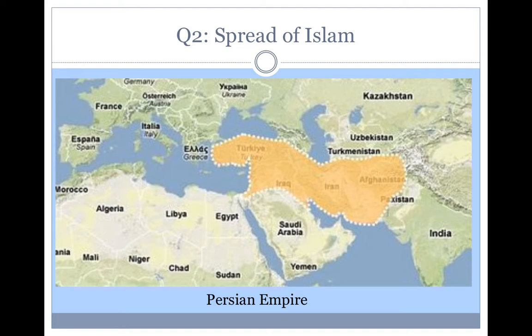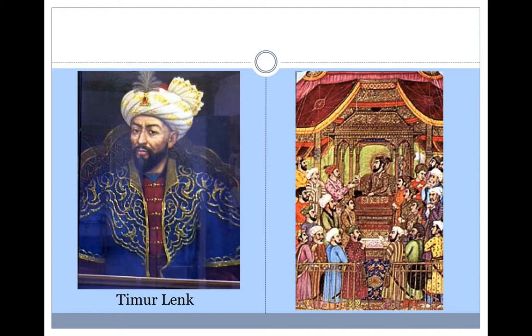And that would include, if you want to note this in parentheses, the current day territories of Afghanistan and Pakistan. You can see that on the map up there. Afghanistan and Pakistan are on the edge there, and India is a little further southeast. So basically Islam was spreading in the territories right beside India. And then the second bullet: after the fall of the Gupta Empire, comma, the ruthless leader,